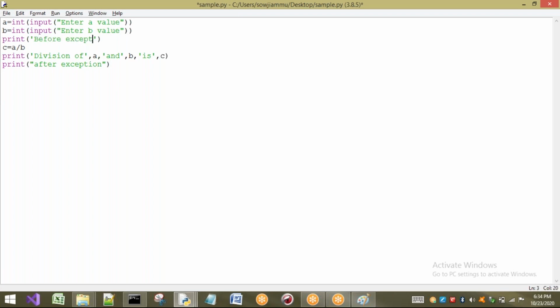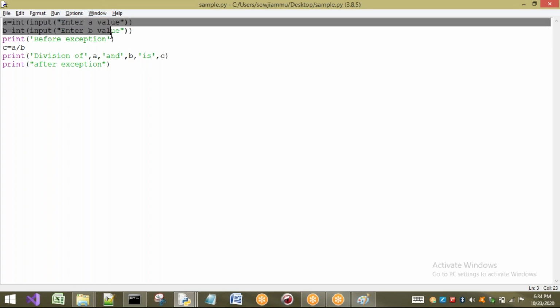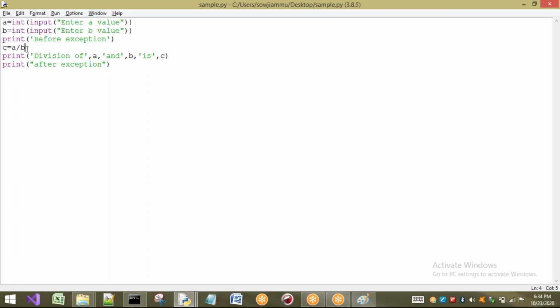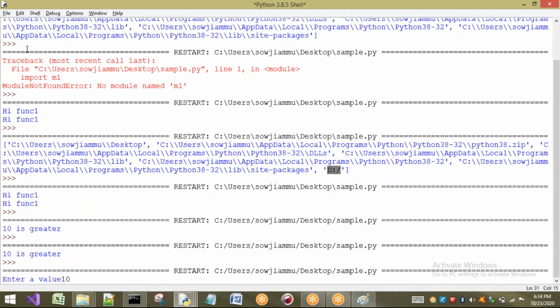Observe this: I will execute these 3 lines, where there is a chance of getting an exception in this line only. Let us execute once. First I will take no exception.